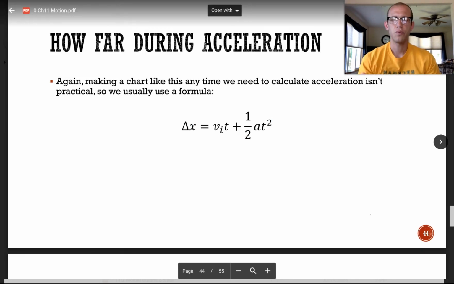Making a chart, as we just did, is very good to help you understand how the distances are calculated when talking about free fall. However, it's not practical to do that for every single situation. So there's a formula that we can use to model that table instead. That formula is the change in position, or the displacement, is equal to the initial velocity on average plus 1/2